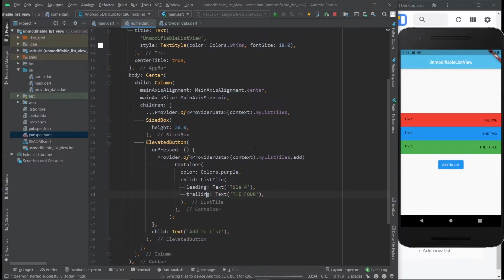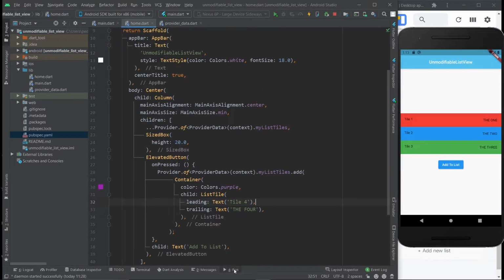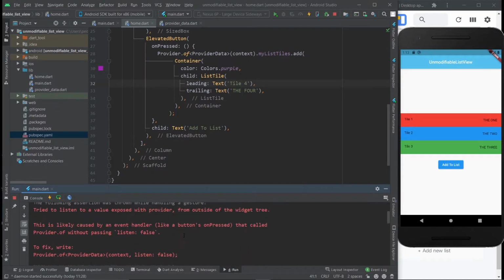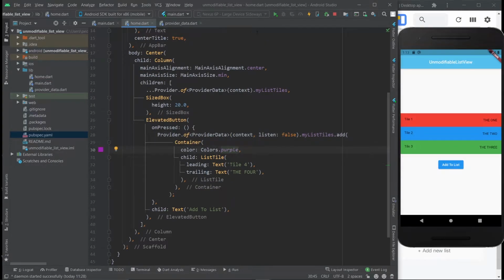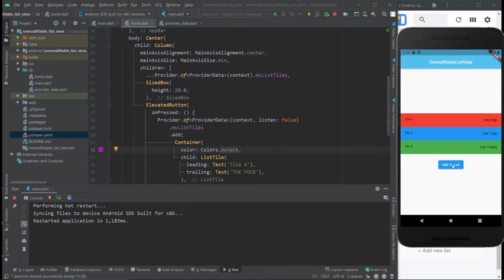But if I restart the app like this and I hit the button, nothing happens. It does not work. It doesn't update the UI. And one of the reasons this didn't work is because if you check right here, there was an error, and it's essentially because I didn't add in the listen false. So let me take care of that right away. That's about it. If I do it again, now there's no error.